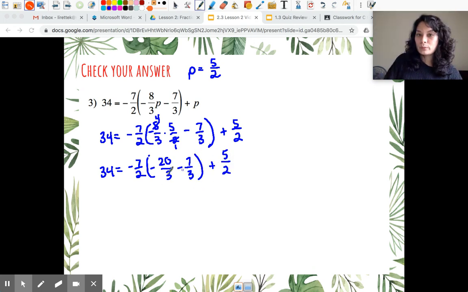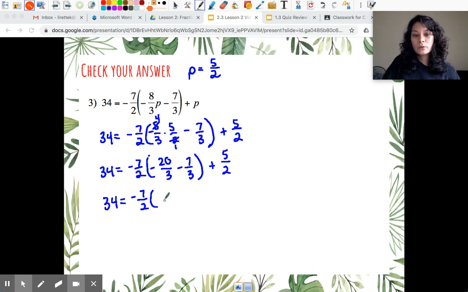Never drop the parentheses inadvertently. Always keep the parentheses throughout until you're convinced that it's safe to drop them. Otherwise, you're changing the order of operations. My denominator is already the same here, thank goodness, so I can just subtract the values, or in other words, I'm actually going to add them here because their signs are the same. So we get negative 27/3